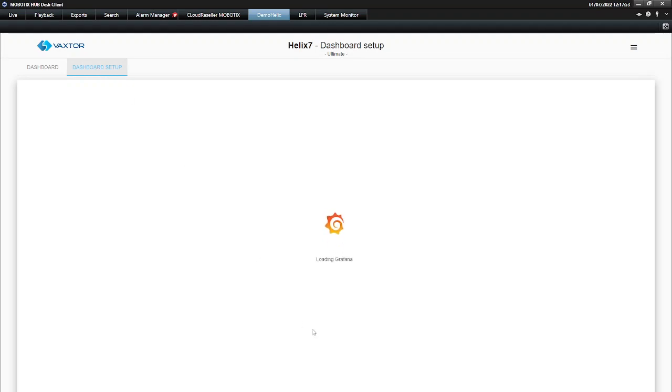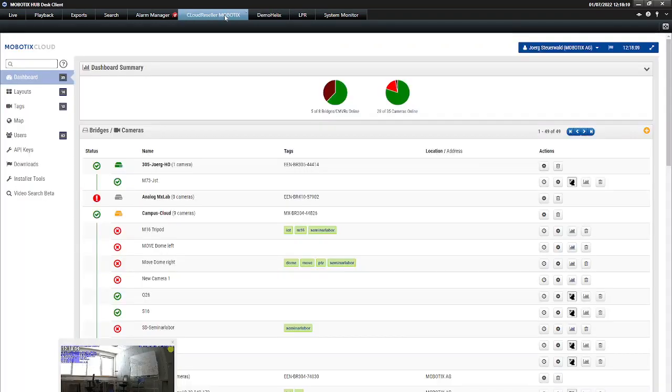But this would explode this current workshop, so take your time and make your own research to get closer to the Helix functionality. I will jump here to the MOBOTIX cloud integration, because that was also part of the MOBOTIX